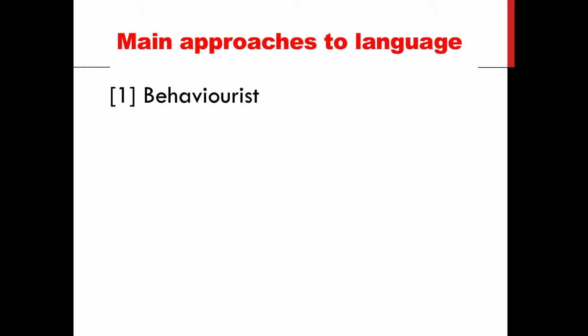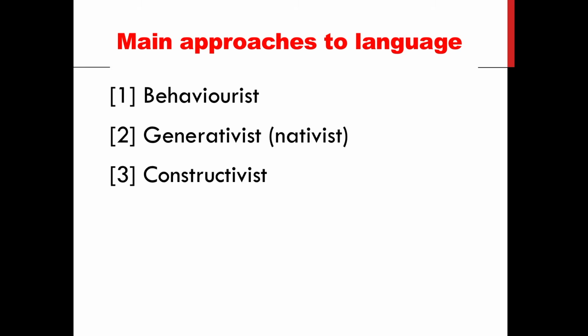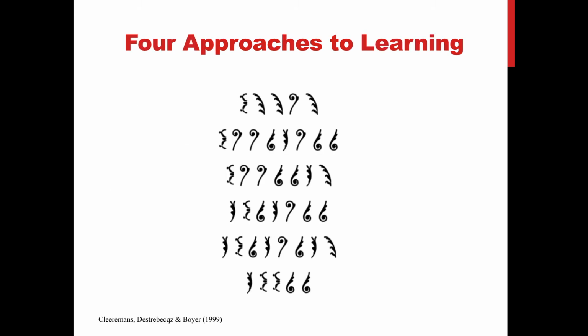And this links with other classical theories that I think would be helpful in order to link the knowledge that these new theories are trying to provide. The first one is the behaviorist one, the second one is the generativist or nativist one, and finally the constructivist one. So the generativist one is actually this one, producing